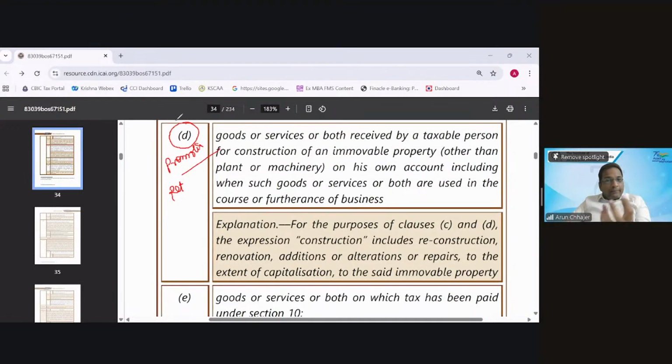I have purchased the raw material like ink, beverages, cement, whatever, basic raw material to construct the building, flats. Will the 17.5D be allowing or blocking? What other things? Saminathan, Geet and everyone. Chitra. Kya 17.5D is blocking the ITC of the promoter? Chitra, can you give me the reason?